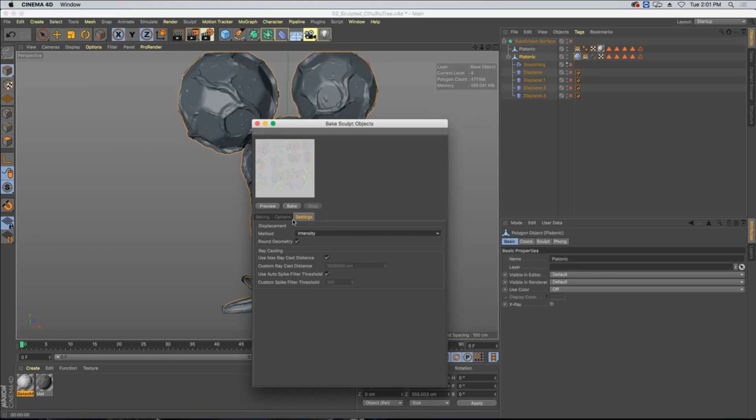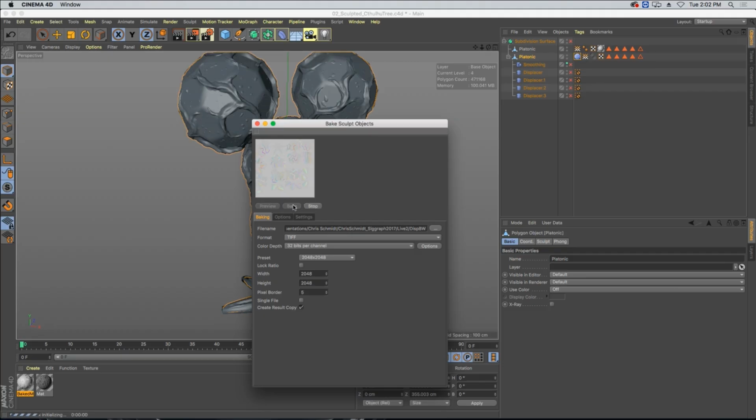Let's go ahead and change that to intensity there. We're going to make sure it's still displacement. Let's give this another name. So instead of displacement RGB, let's set it to displacement black and white. And now I can just hit bake again. Now it's baking the entire process again, doing the exact same thing, bakes it out, boom, black and white